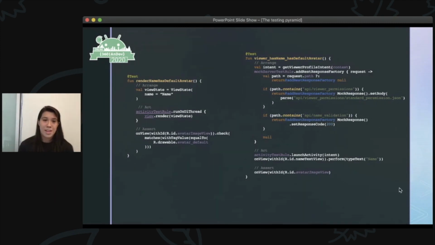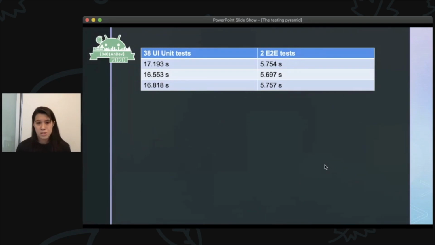So in case you weren't convinced that the JUnit tests are faster, I did a little bit of data collection on here. We had one particular widget that I wrote JUnit tests for, and there were 38 of them all up. And that tests every single field in the data class one at a time. It does not test the entire data class together. I think there was one test for that at the end that was technically redundant, but anyway, most of it was testing everything independently so that you could figure out exactly what went wrong if something were to fail. And those took around 16 to 17 seconds to run all 38 of them.